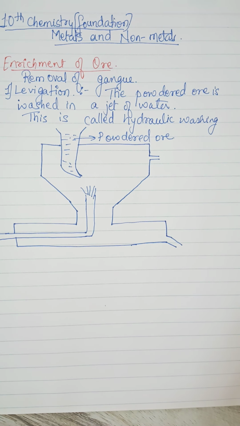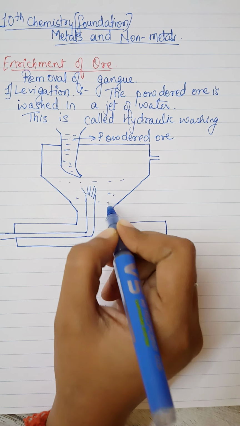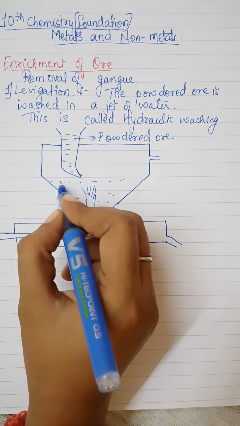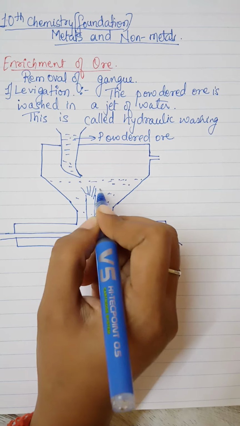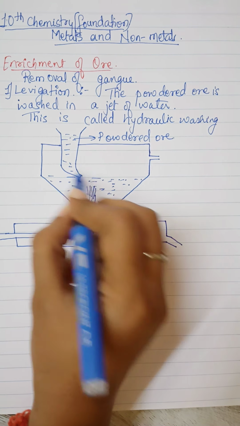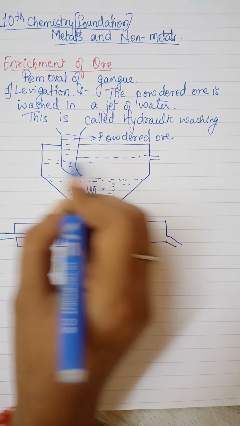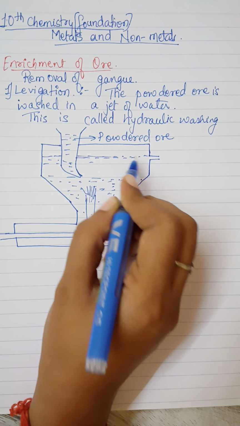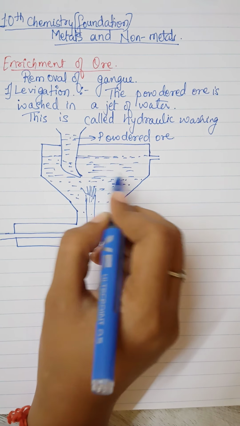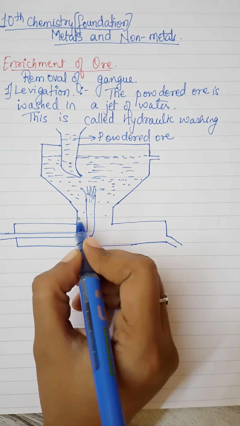So when we pour ore from here, definitely it is going to be added into this container, right? Also the stream of water which is coming out of this pipe will be getting filled over here. Slowly and steadily it will fill up to this mark, or this pipeline. So when the water level reaches this, what will happen is that the heavier particles will settle down over